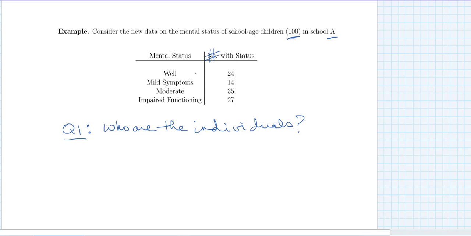So, what is the data describing? Well, the context says we have data on the mental status of school-age children. So to me that says the data is describing the mental status of school-age children, but it's not describing school-age children or mental status. That makes no sense. So to me this says the individuals are the children who are school-aged. So the 100 school-aged